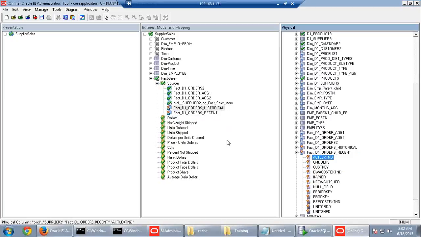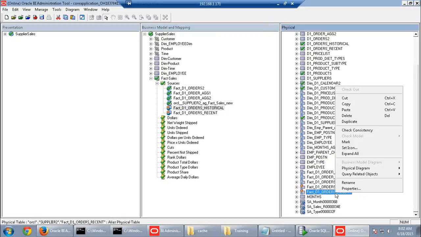My main idea is not to bring historical and recent as a different table. My idea is to improve the query. So instead of routing it through D1 orders at the most detailed level, I want to go through historical orders or recent orders, because you can see my fact orders D1 recent table